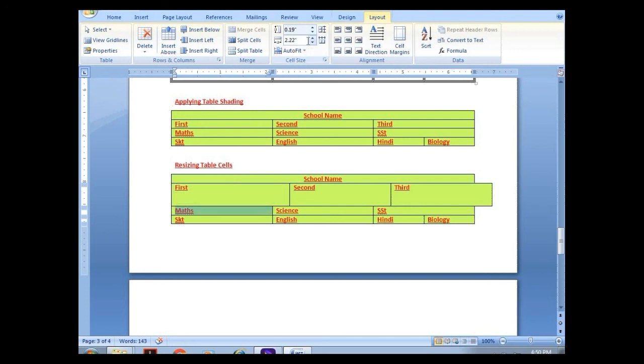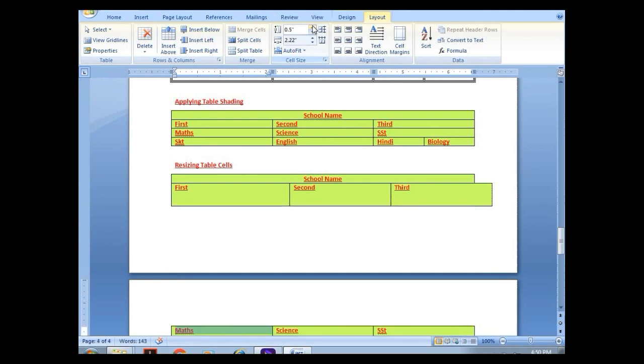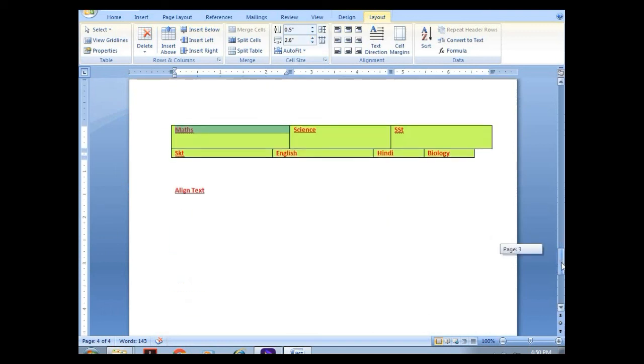After selecting only, we can change the width of a table, width of a cell, or width of a row and column. There are 9 types of alignments.